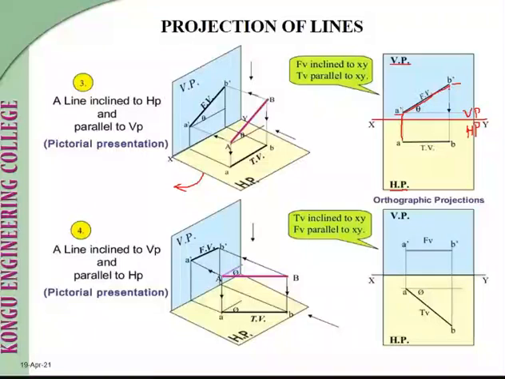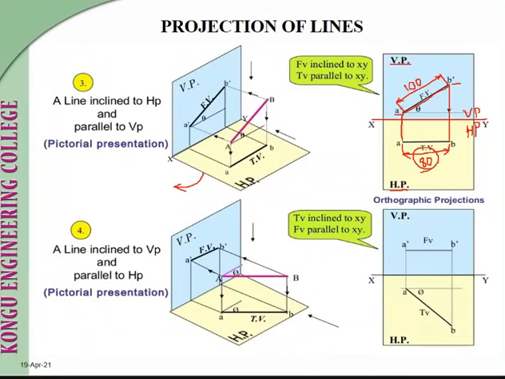So in the top view, you can't see the true length. Maybe this line has a length of 100 mm. For example, this line has a length of 100 mm. Okay. So while seeing this line from the top view, you can't see the 100 mm length. It will look like a 70 mm or 80 mm line because it is inclined to HP. So this line length is not necessary for this problem.